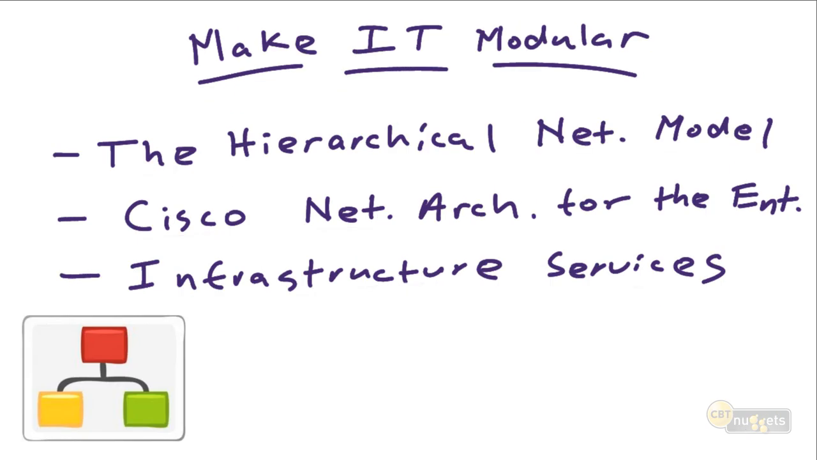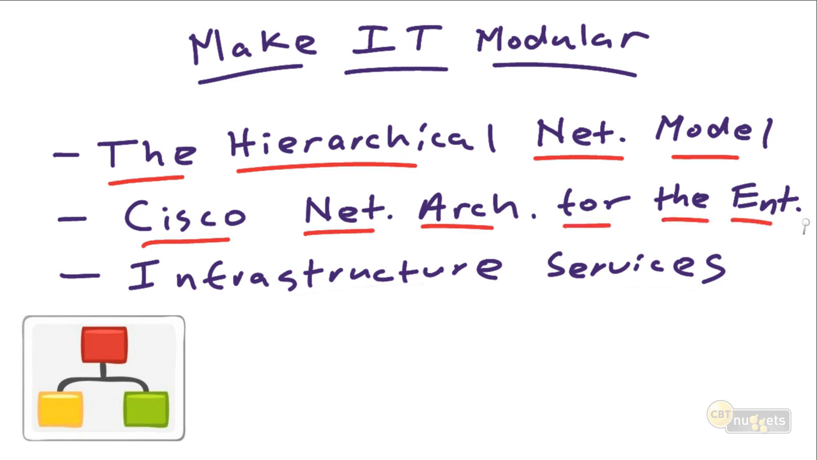So, in this important CBT nugget, we took a look at that remarkably popular hierarchical network model from Cisco. We remember the access layer, the distribution layer, and the core layer, and we remember how we can apply that to many different network design type models. We took a look at a specific network design model from Cisco called the Network Architecture for the Enterprise, and we even took a look at how we can modularize infrastructure services like security and voice over IP and wireless and high